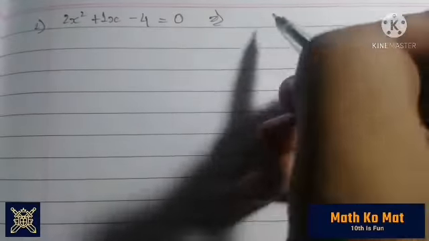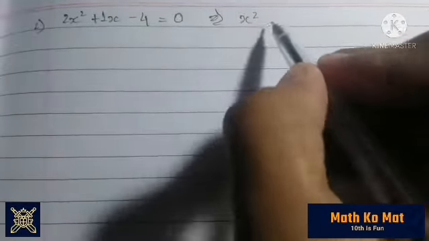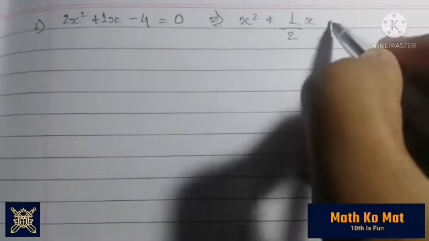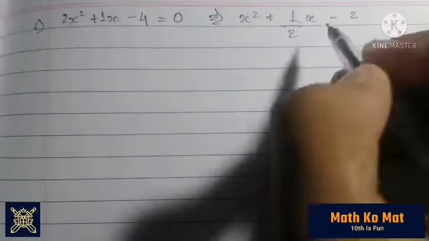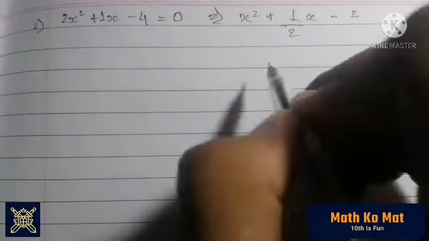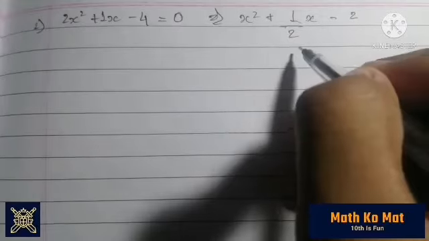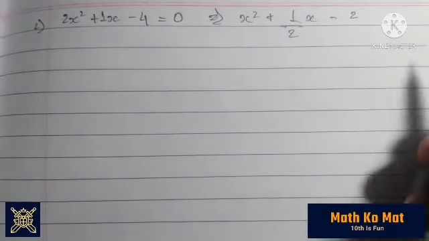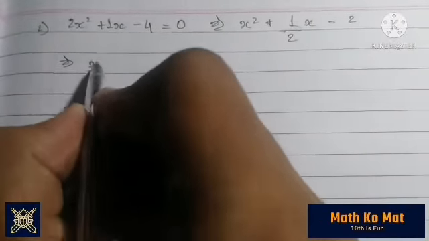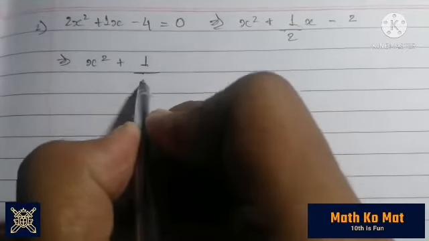So after dividing, what you get is x square, because you have 2, plus 1 upon 2x, minus 4 upon 2 is 2. So x square plus 1 upon 2x minus 2. Now for completing the square, you just take the coefficient and divide it by 2, add the square and subtract the square. So upon adding and subtracting, what you get is x square as it is plus half x as it is